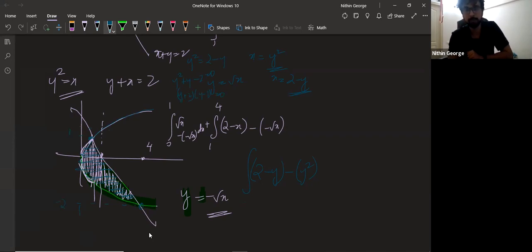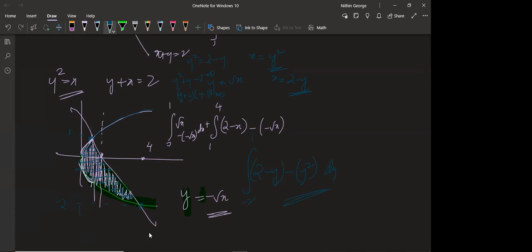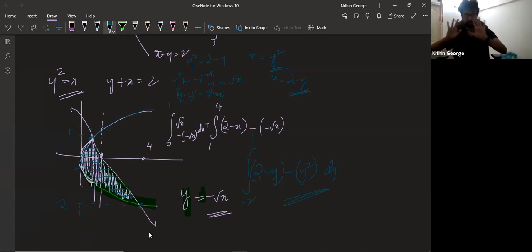So you integrate from minus 2 to 1. That's it. You'll get your answer. That is why this is easier. Did you understand? However complicated it gets, like even if they give you a full circle and all, you know the area of circle is pi as well. Suppose they give you a circle and all, you can still solve it. There is nothing. You just understand that you make them functions first. You'll get the parts separately.